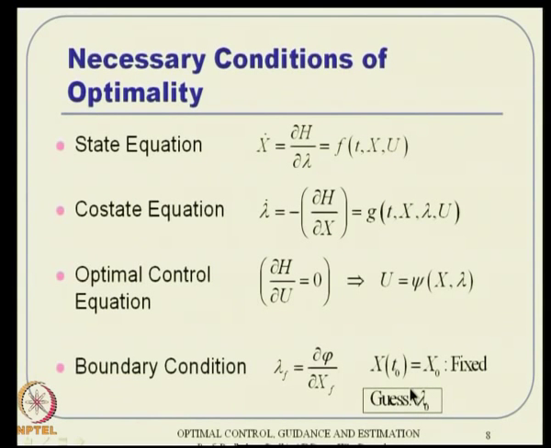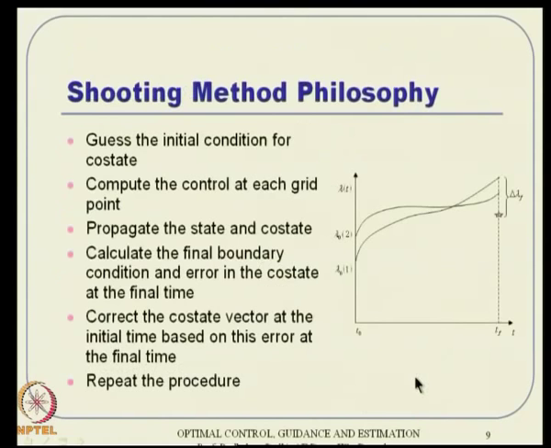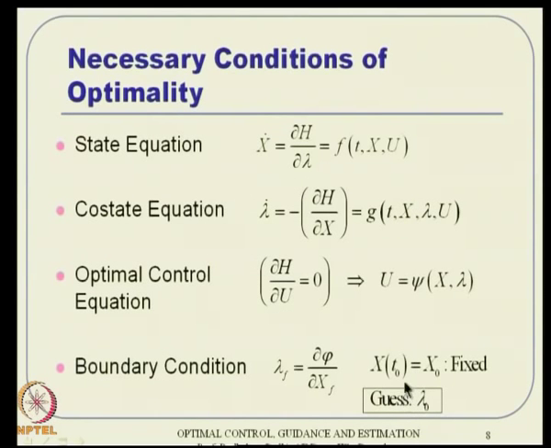Okay. So, guessing lambda 0 is not a trivial task because of several reasons like that, and one of the primary reasons is that lambda in general does not have any physical meaning. It does have some geometric meaning, we will see that later, but even geometrically it only gives some sort of direction meaning, it does not talk about magnitude. And lambda is not a physical variable, we cannot talk about position, velocity, current, voltage, nothing like that. So, we cannot really have a good guess for lambda in general.